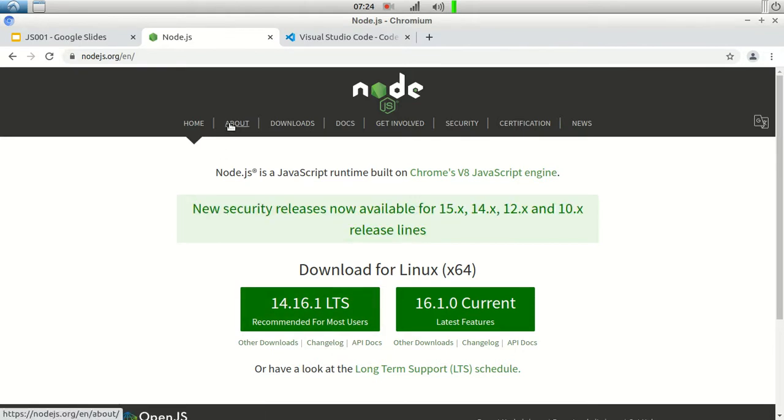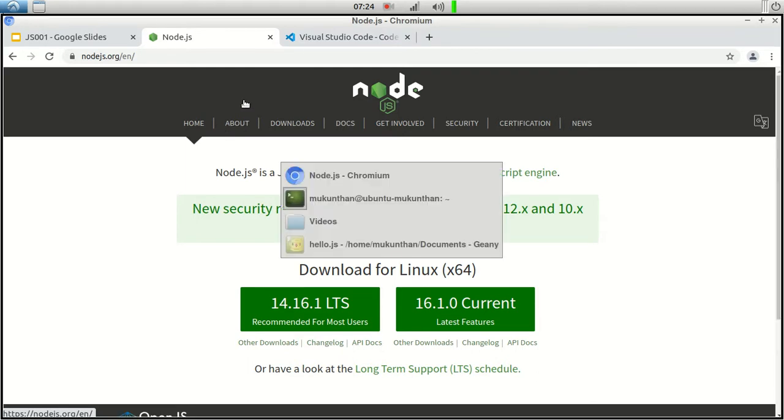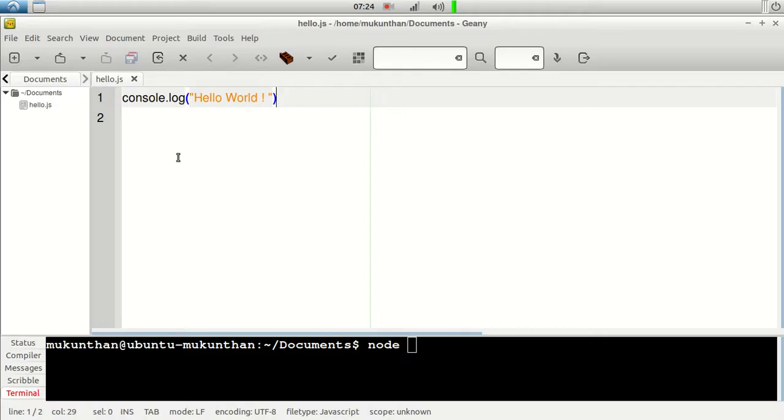Okay, fine. The next one is where to write your code. I prefer a simple notepad to write the basics of JavaScript, but if you feel like you want to have some IDE, you can use any IDE like Visual Studio, Sublime. In my case, I am going to use Genie, which is just the default IDE for my Linux environment. No matter, because we can use any IDE, even the simple notepad. Unlike Python, you don't need to have the indentation or something. You can even write in a single line. So it does not matter. We can use any IDE.